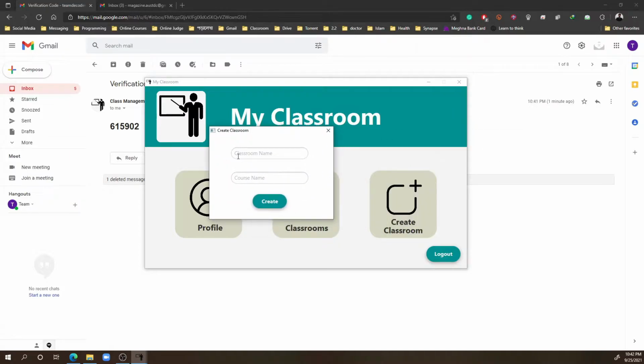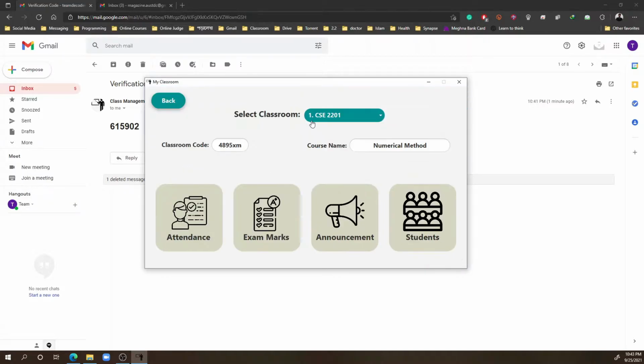Let's create another classroom. Here another classroom code is generated, and the classroom code is unique. Okay, now there are two classrooms.